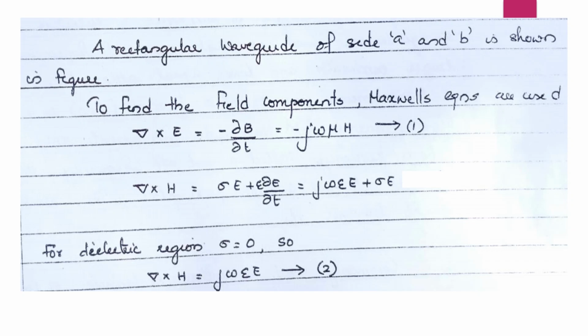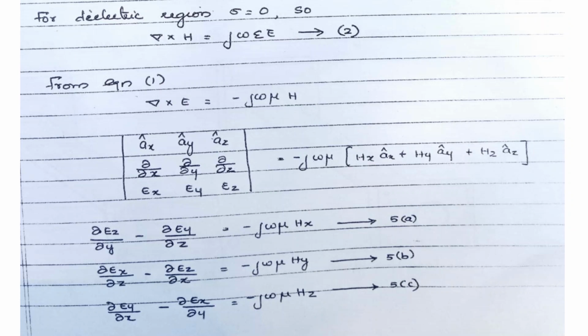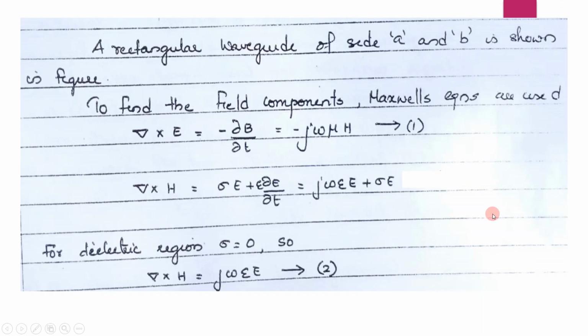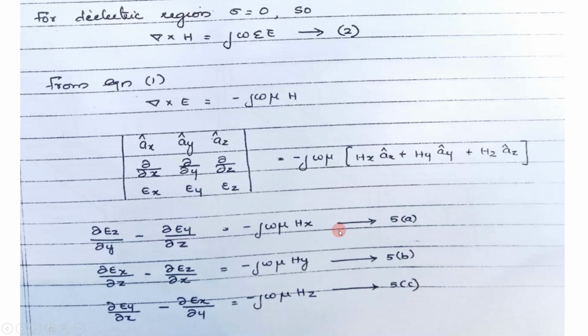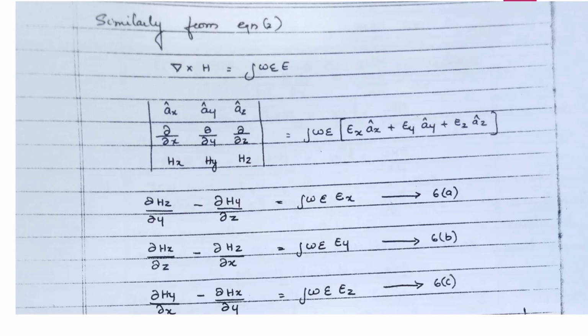Okay. So you take Maxwell's equations curl E and curl H, and you expand it like this, and you equate the X component, Y component and Z component. Both LHS and RHS are written. So you consider two equations, and for each of these equations you do the same. First curl E you are taking, expanding it and equating the X, Y and Z components. You are getting three equations.